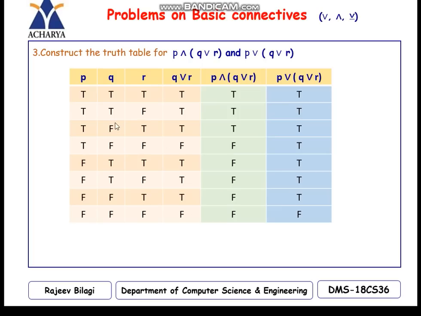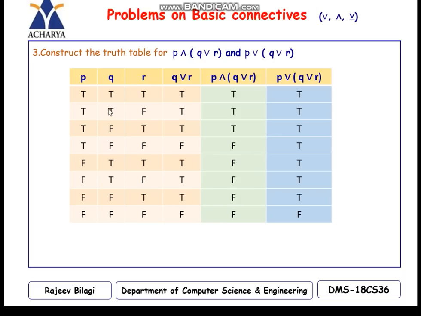Okay, now how to remember this? Write down 4 T's and 4 F's, then 2T, 2F, 2T, 2F, then TF, TF, TF, TF. Or you have to remember like all true, TTT, TTF, TFT, TFF, FTT, FTF, FFT, then FFF. So this is how you are going to write down. Or instead of T you can use 1, and instead of F you can use 0.